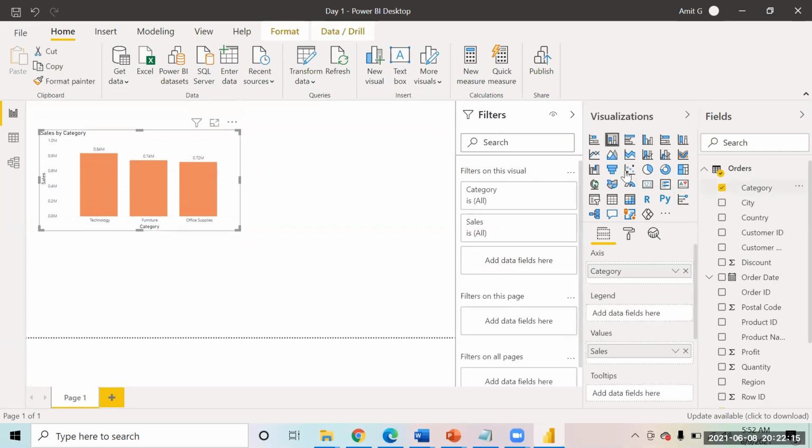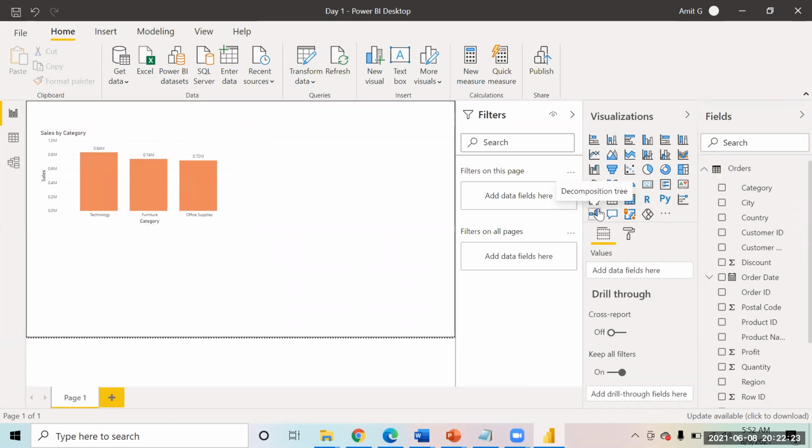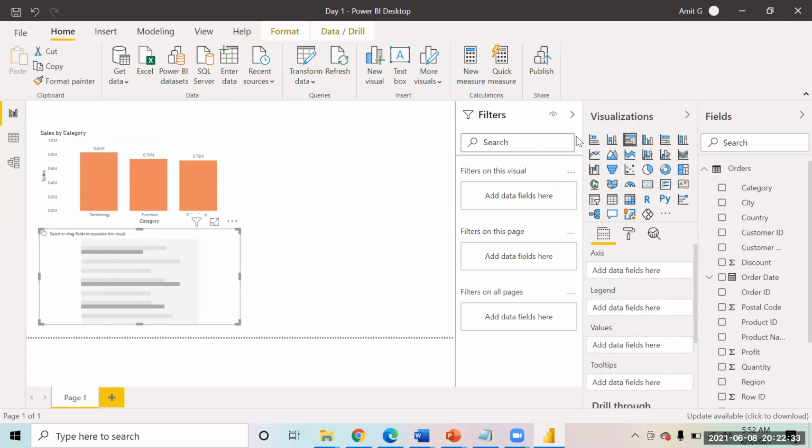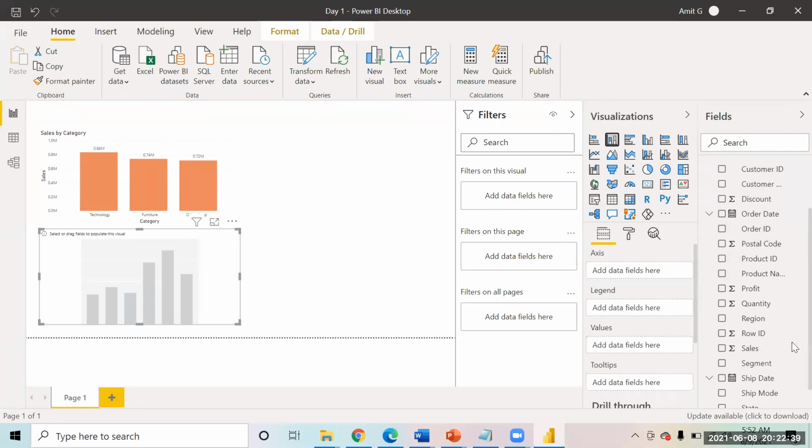So the first chart that we made was sales by category. Now what I would like to do is request all of you to make a chart of sales by subcategory. Just make another chart over here, right? Sales by subcategory. The same bar chart has to be used. So we will pick up this bar chart over here and we will use subcategory now.